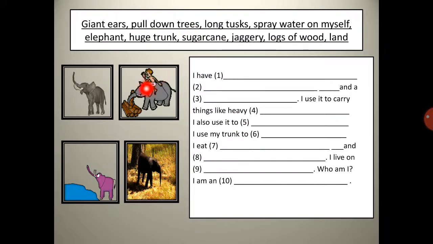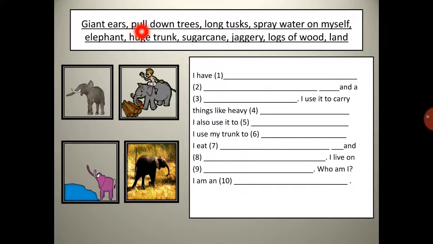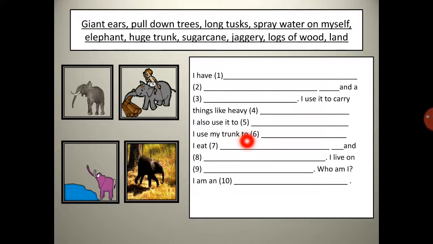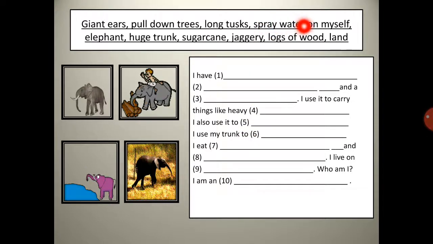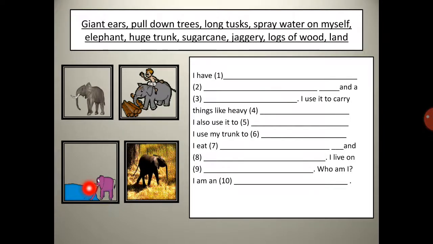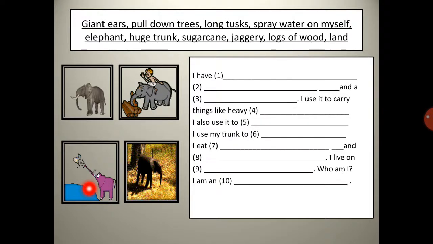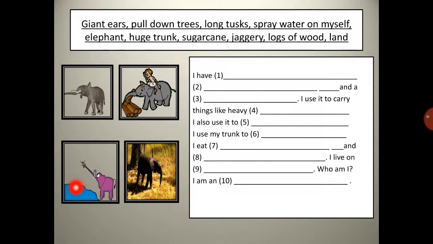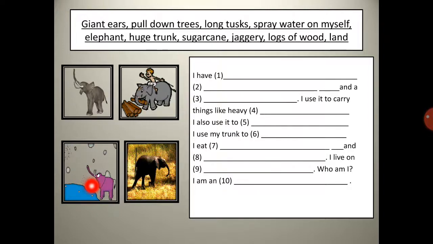Now the elephant uses its trunk to pull down the trees. I use my trunk to spray water on myself. In the third picture you can see the elephant using its trunk to spray the water. You can see the elephant spraying the water.